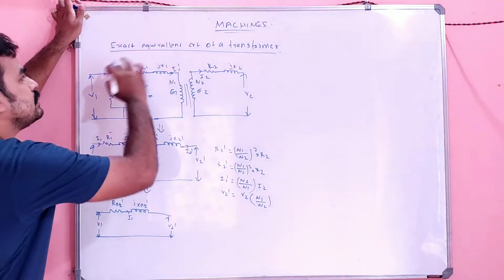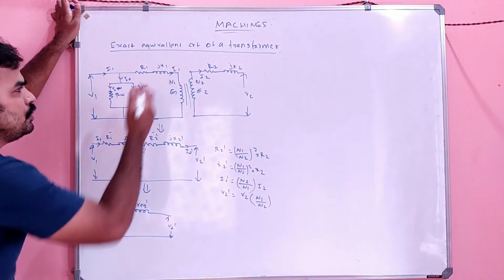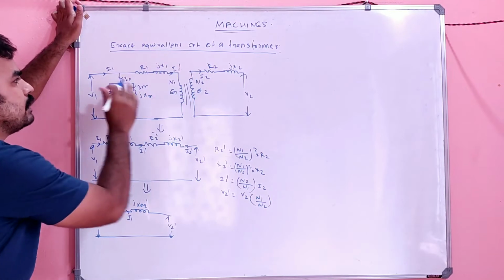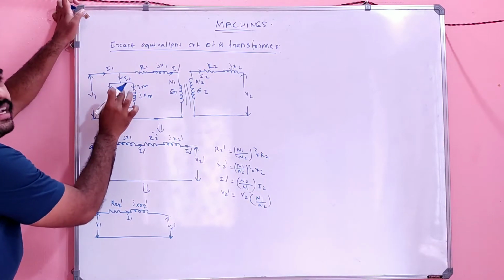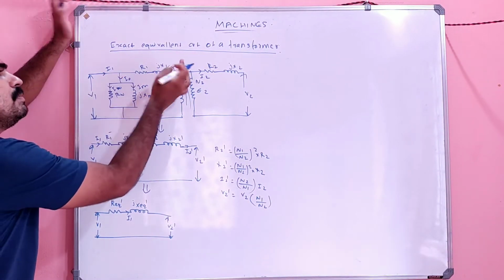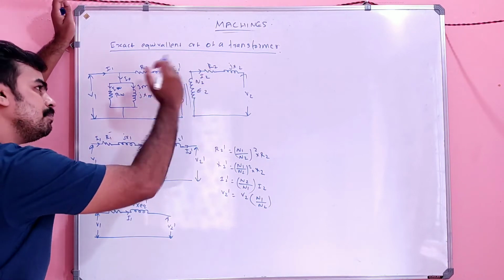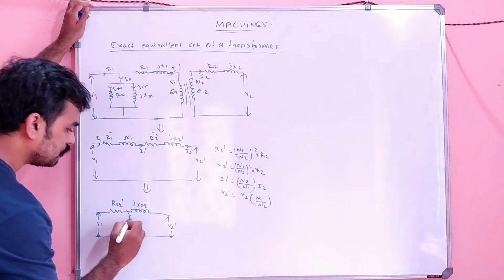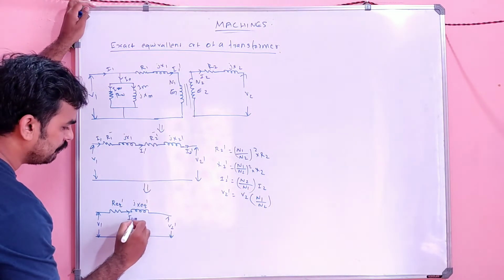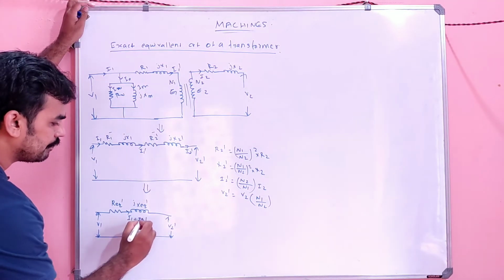Simply you reduce this, so this I1 will be this also, right? In this diagram, if you remove this, there will not be any I0, right? So this I1 will be simply I1 dash, and I1 dash will be again equal to I2 dash. So I can write like this, I1 will be equal to simply I2 dash,